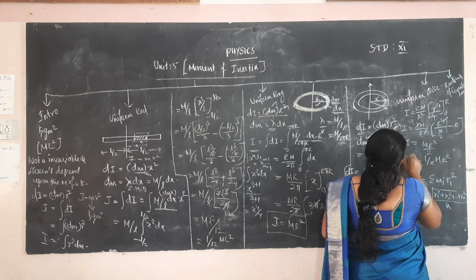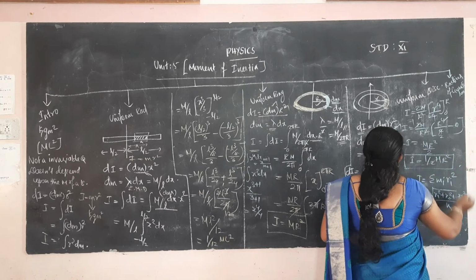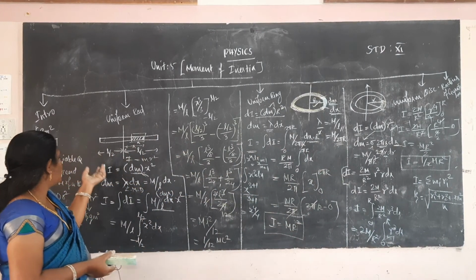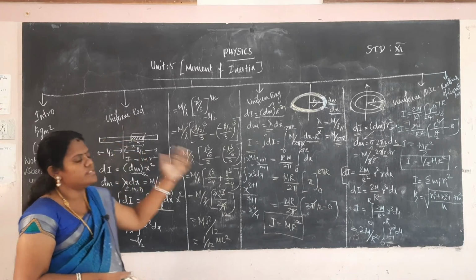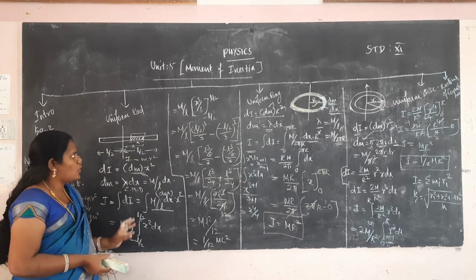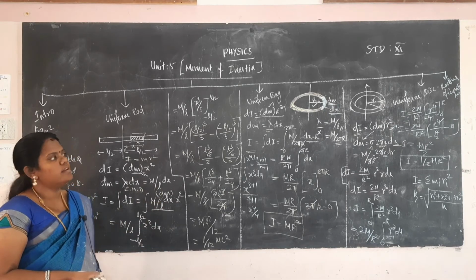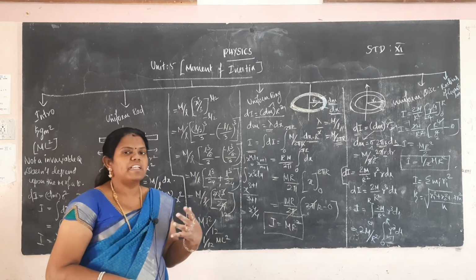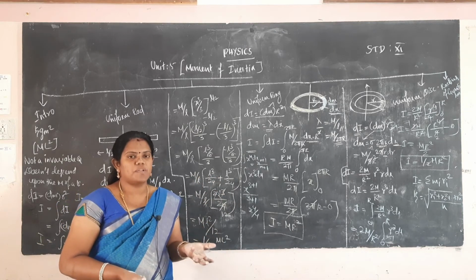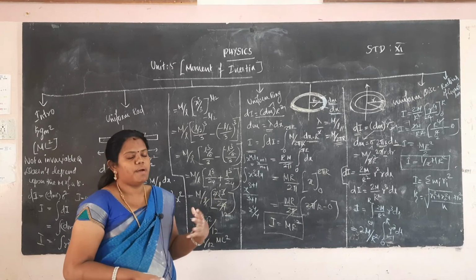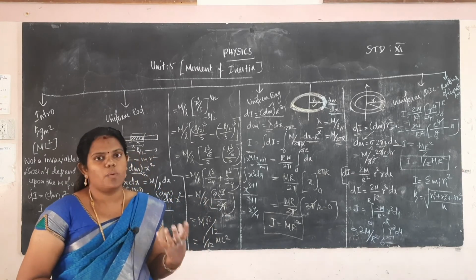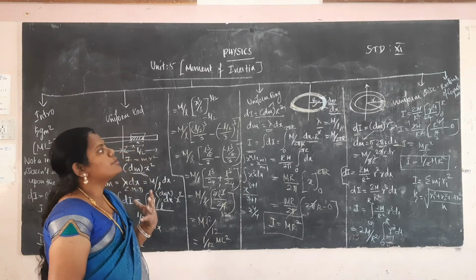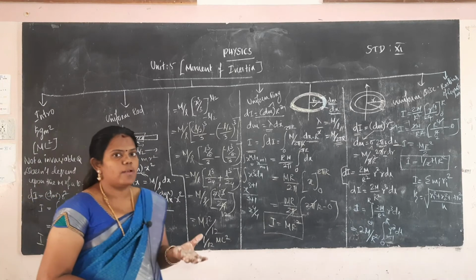This is the moment of inertia of a uniform disk, I is equal to 1 by 2 m R square. So we have the uniform rod, uniform ring and uniform disk. The moment of inertia of the rod, ring and disk is easily calculated, and these are all common shapes of bodies. Moment of inertia is easily expressed for any one such object. But suppose we have to consider an irregular object, not a definite shape object. So we have to calculate the